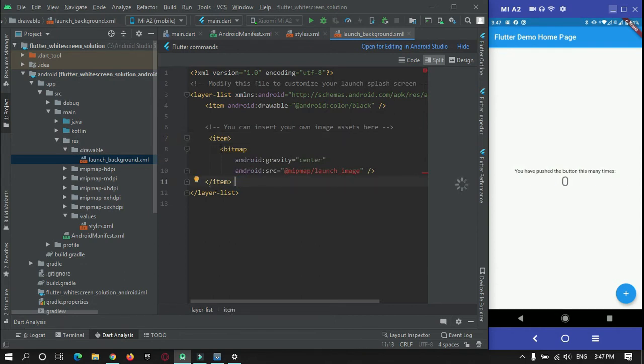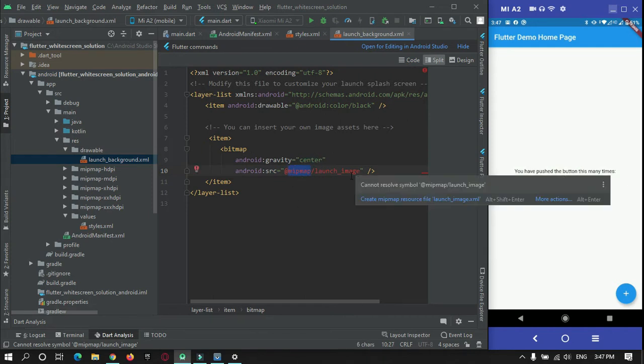So here this is the first item, and this whole thing is the second item. On top of this background, the second item will be shown. The second item is just a bitmap image, and the image comes from a bitmap source.